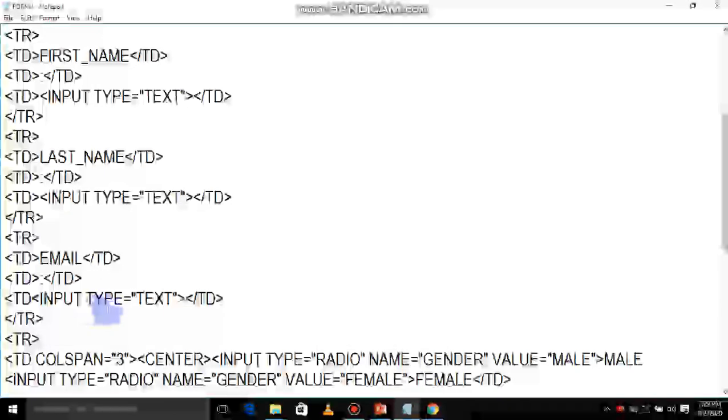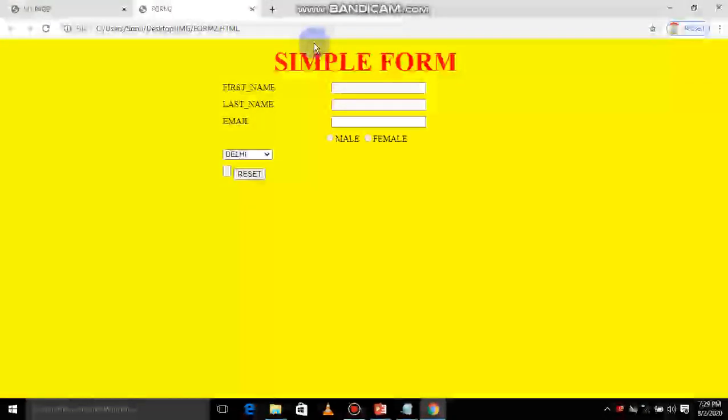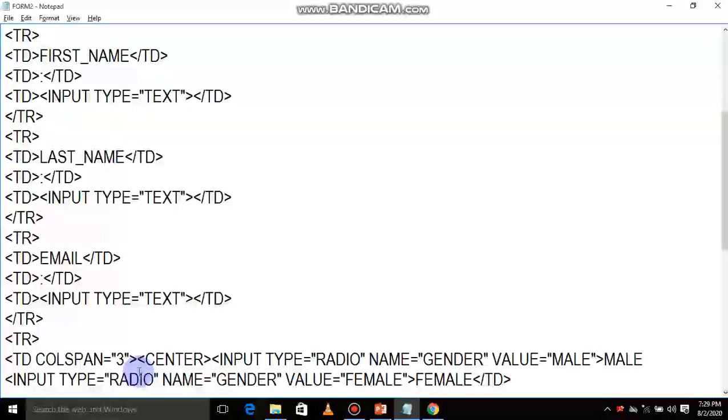So go and check it again. Input type is equals to text. Why it is not here? Close this, go and refresh it. Now it's appearing. This you need to place in center.